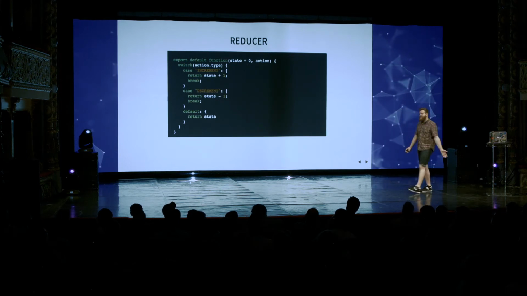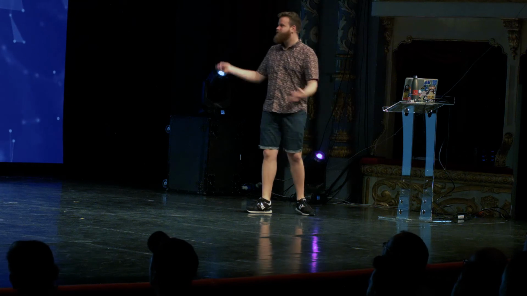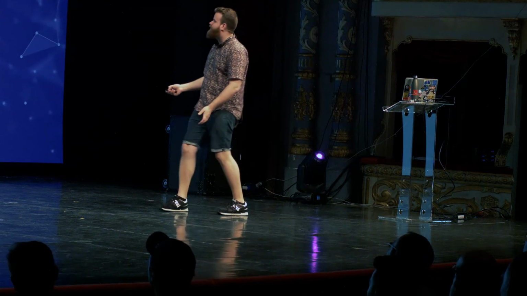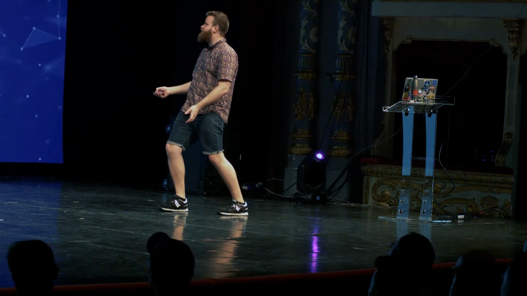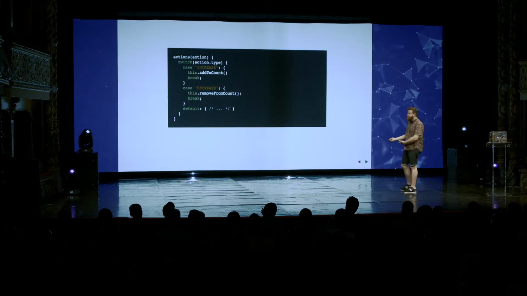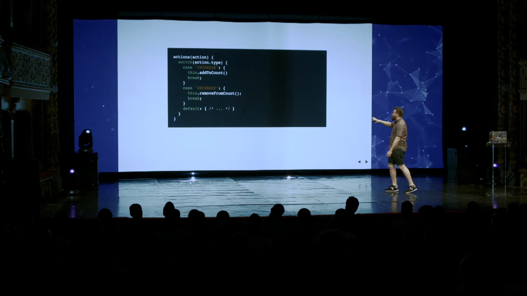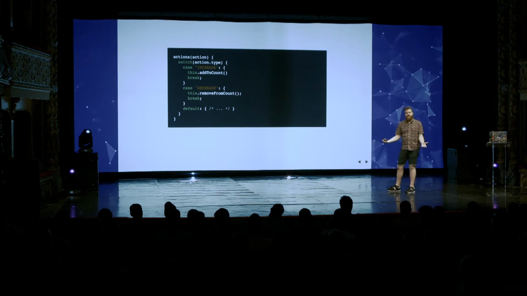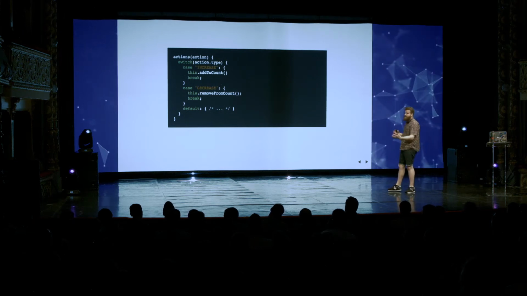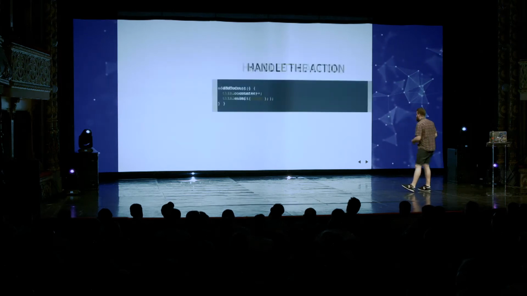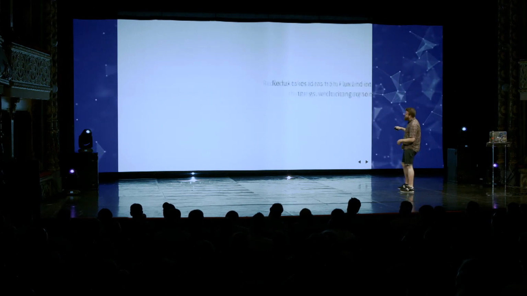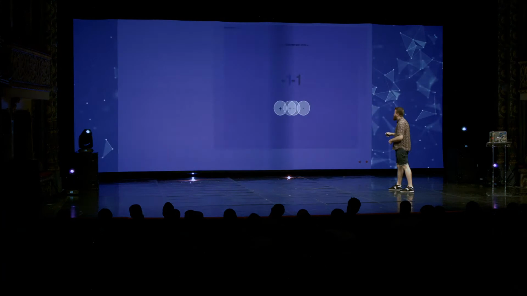So again, a reducer kind of looks like our action handler. If you take a look at this code, and if I go back quite a few slides to our action handler, it looks very similar. So this is an action handler. You take an action, you decide what to do with it. In this case, deciding what to do with it involves calling different methods on our store to do what we want. If we go back to the reducer, what we have is